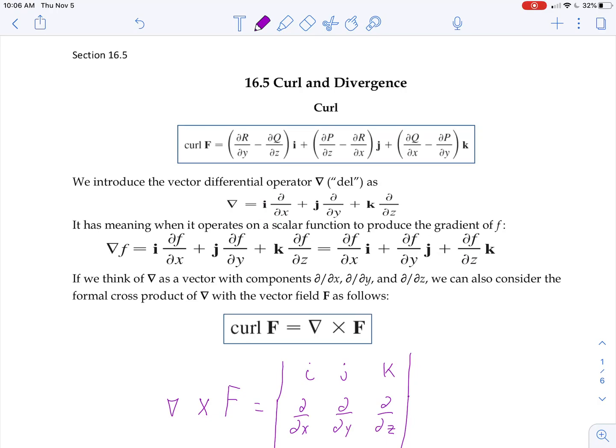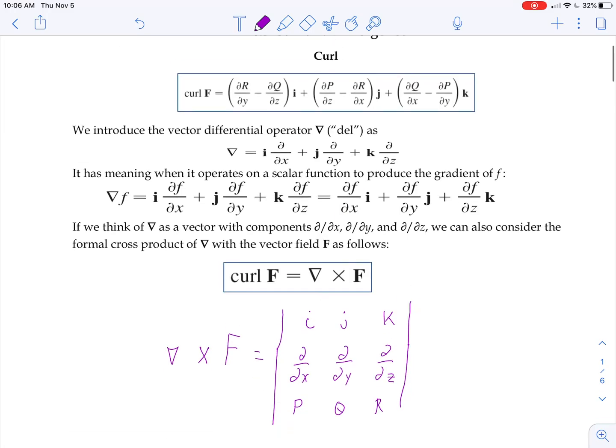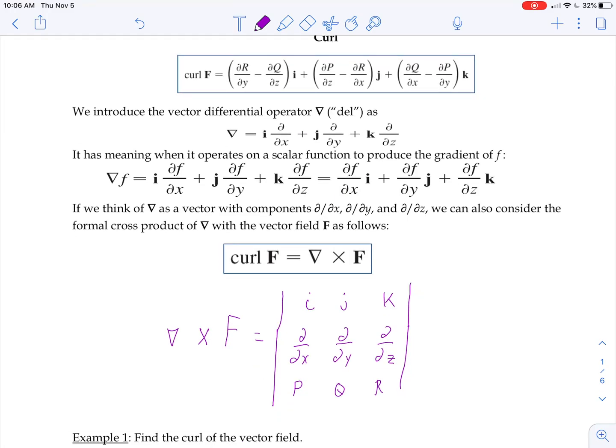And again, we talked about the gradient of f. We take the partial derivative of our function with respect to x, y, and z, corresponding with the components i, j, and k. So if we think of del as a vector with components partial with respect to x, partial with respect to y, and partial with respect to z, we can also